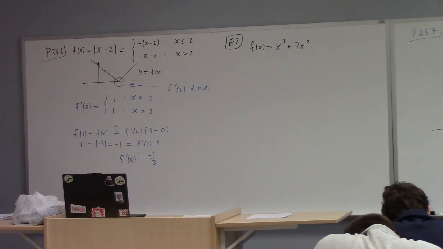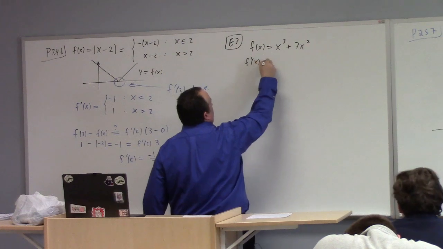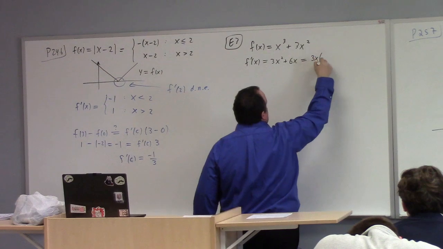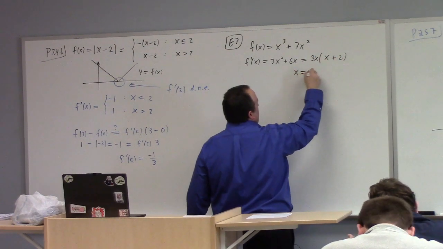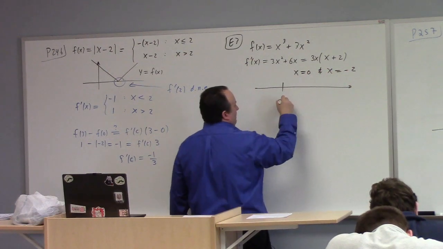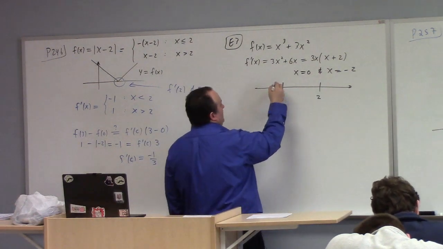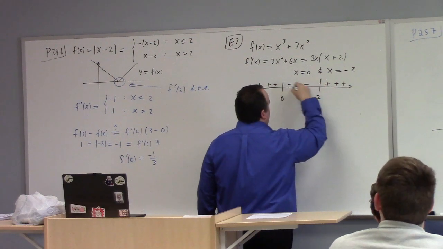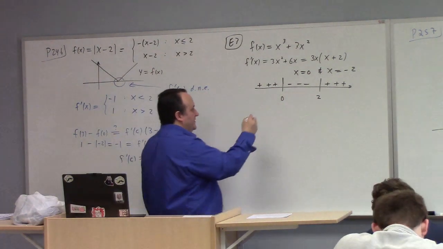All right, so let's get to it. F prime of x is what? All right, so we can factor 3x out. We've got x plus 2, right? So x equals 0 and x equals minus 2 are my critical numbers. So you've got plus, minus, plus, right? So you tell me, f of 0 is